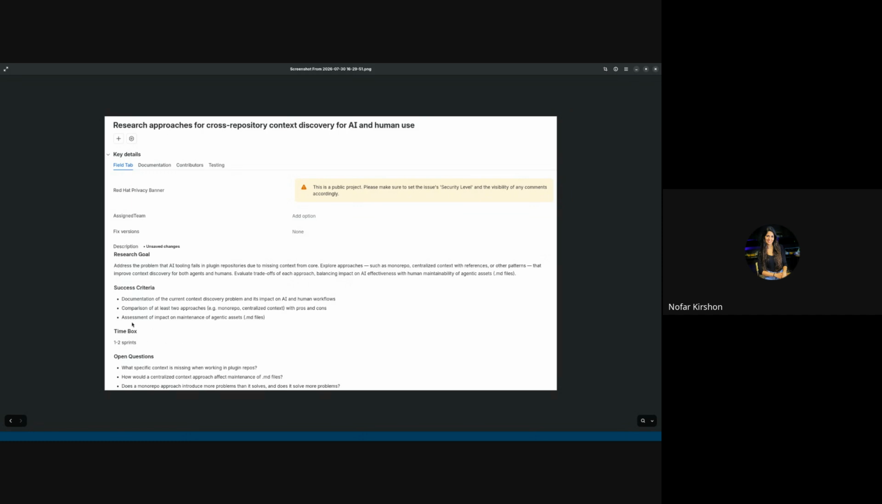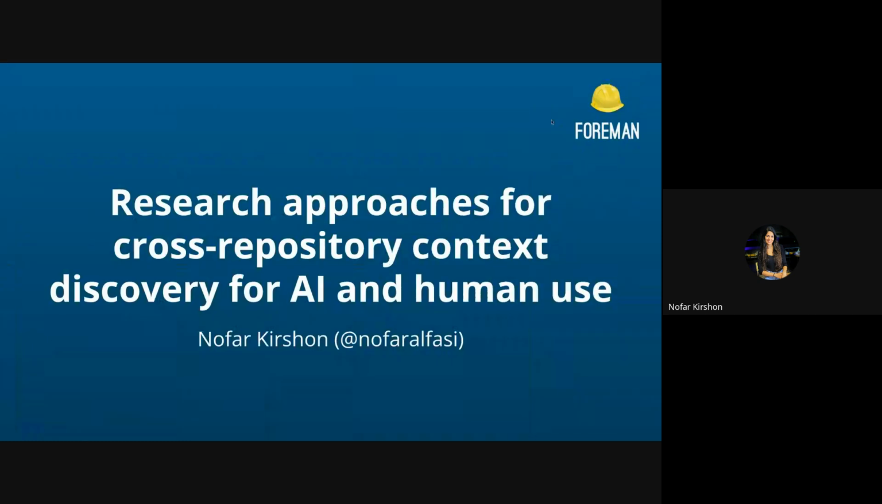And you can see here, for example, in the open questions, one of the suggestions was a monorepo. Maybe a monorepo will resolve this problem. We'll have all Foreman code in just one place. So let me share